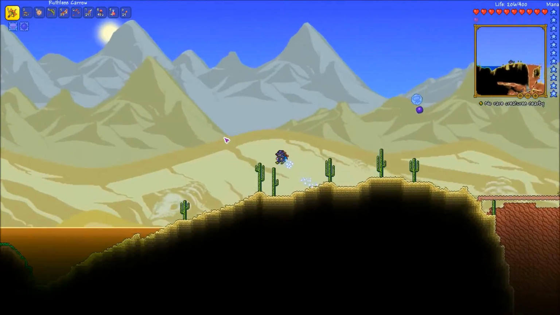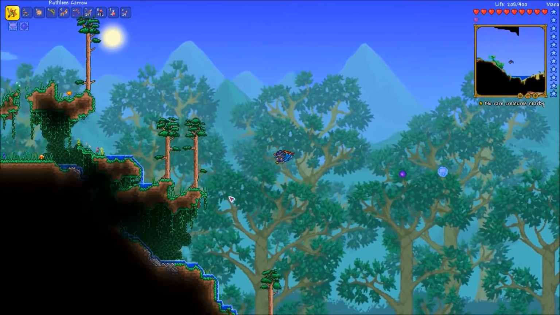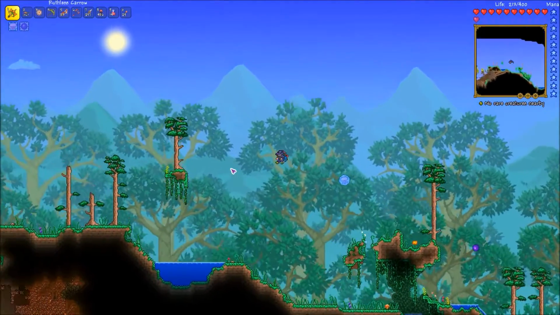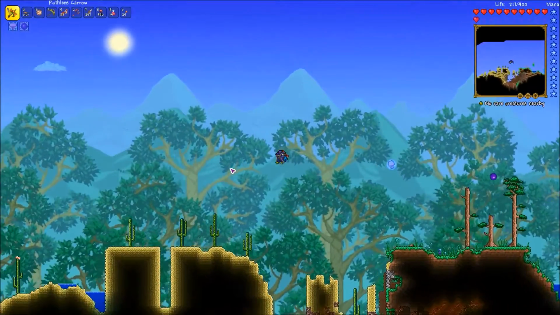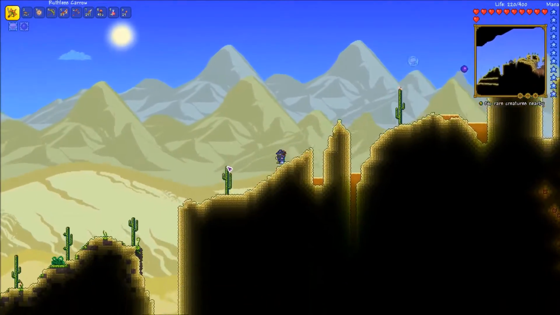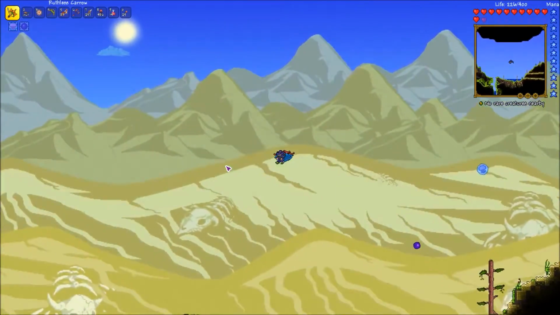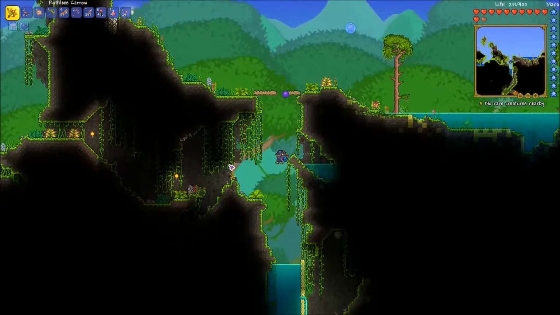But I wanted to bring you back real quick because that was our first interaction, I guess you could say, with the queen bee. So, didn't have time to make out a little flat area inside the hive to fight her. But yeah, that's kind of what I'm doing while I'm waiting for Skeletron, is looking for hives and things. So, but anyway, I'll be back in a minute for either queen bee or for Skeletron. So,